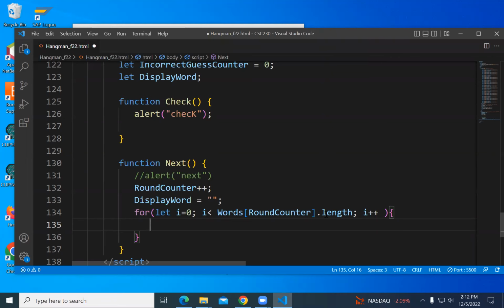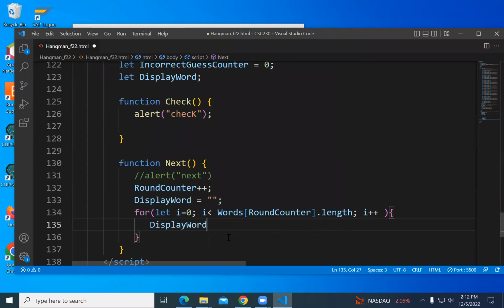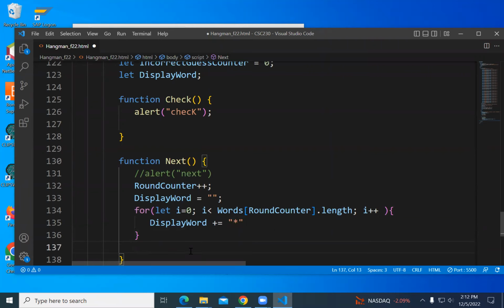This is early stuff. Display plus equals. I started off with nothing, and what do I want to add? I want to add stars. And then when I'm done with the loop, display the display word.